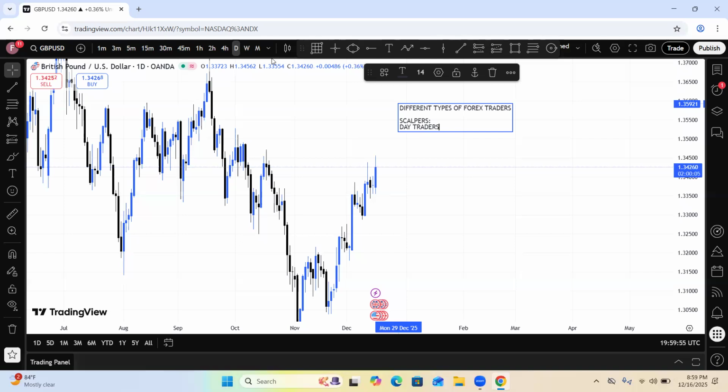So now the day traders, they trade in a particular day, and they close out their position before the market closes, because market closes every day. Sometimes some market will close by 10, sometimes by 11. They open, sometimes they can open by 1. So every currency pair has its own timing for when it closes and opens. But between 10 to 12, market is closed. You understand? Then from 12 to 1, it will open back. So we have the day traders. These day traders, people like me, we trade intraday, before the market closes.